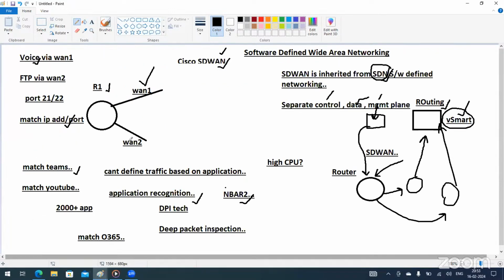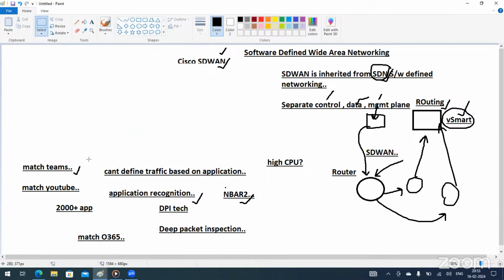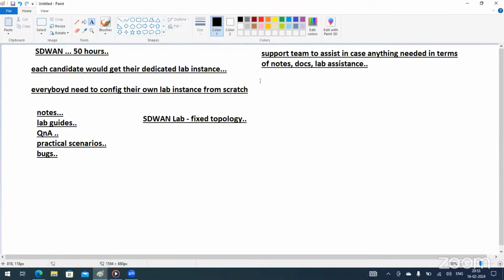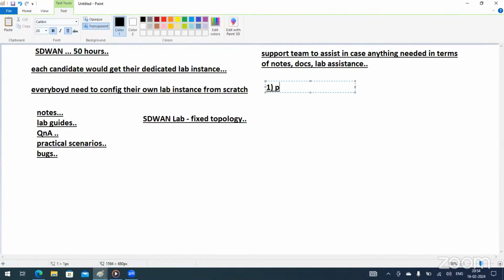Now coming back to our SD-WAN topics, we talked about the application-aware capability, right? We can match the traffic based on application. There is the concept of SDN, right? So now if we write down the advantages of SD-WAN: application recognition, then SDN to separate lanes, right? Number 3, we have ZTNA, zero trust network access.